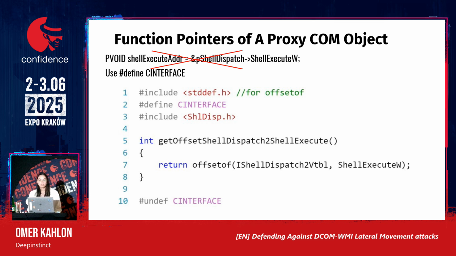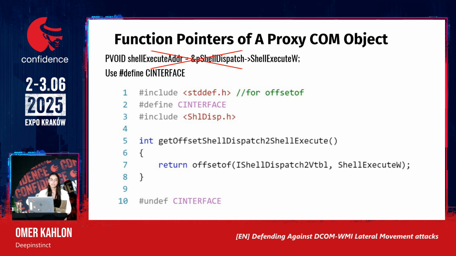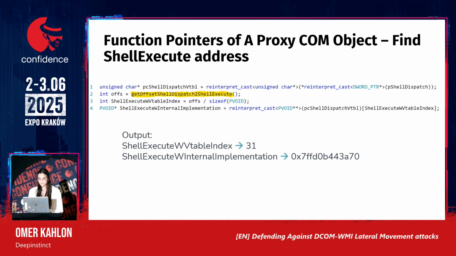On this object, we can use the offsetof function, and we declare a new function called getOffsetShellDispatch2ShellExecute. And we use offsetof to calculate the offset of the ShellExecute method inside IShellDispatch2. We use our new method we just declared in the following code, and then we can calculate the index and the address of